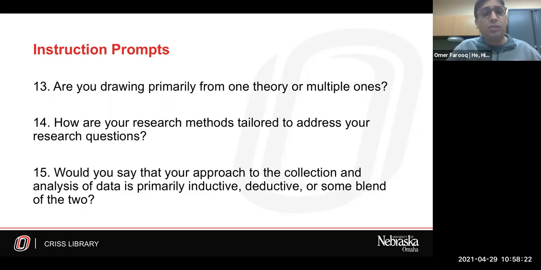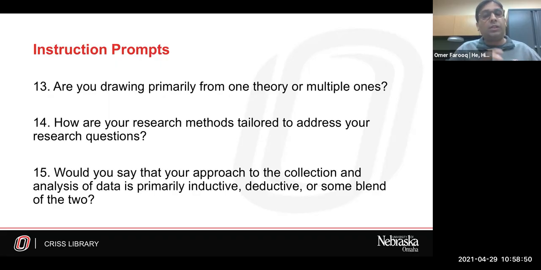Number 15, would you say that your approach to the collection and analysis of data is primarily inductive, deductive, or some blend of those two approaches? So what kind of data do you plan to collect? Why have you chosen to collect and analyze data in this way? Will you be collecting and analyzing your data in a fashion that helps you answer your research questions, and how so?